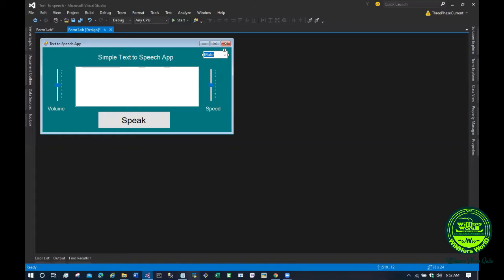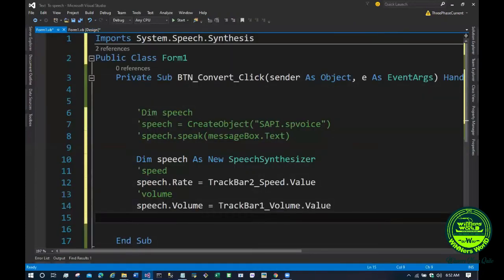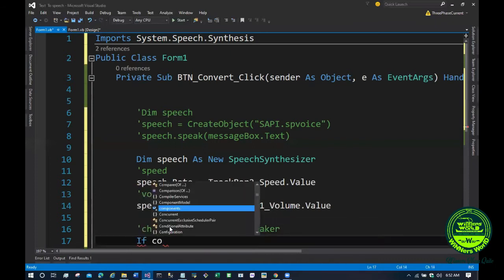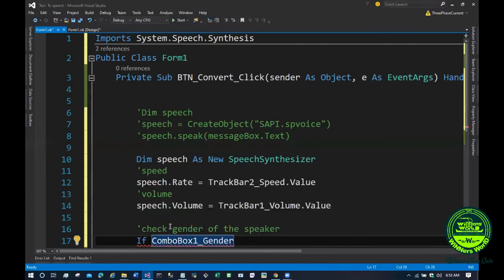So we go by saying: check gender of the speaker. If ComboBoxGender.Text is equal to male, then